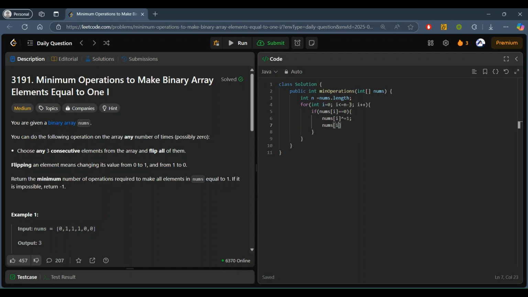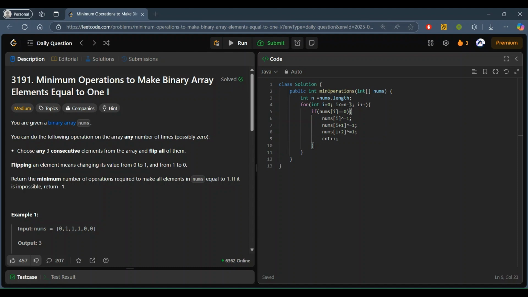That will also be fine, because we just have to flip it. So here we will take three consecutive numbers, and yes, we have flipped three consecutive numbers.